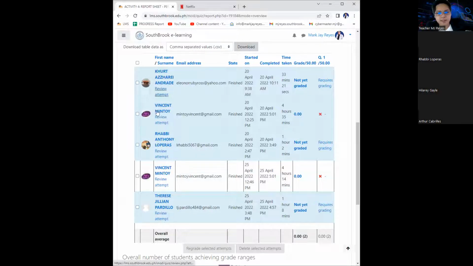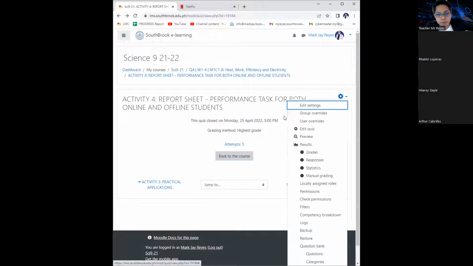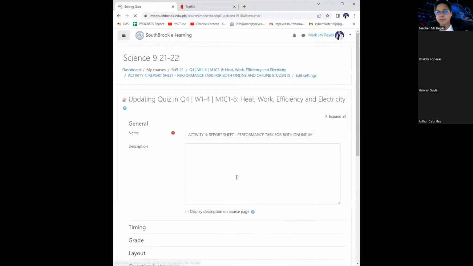We have Andrade, Rabbi and Jillian, only 3 students. For the benefit of those who didn't submit yet their performance task, their report sheet, I am opening this again for the last time.